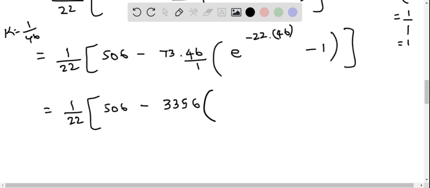So I'm getting approximately 3.1187, minus 1. So when I subtract 1 from this,